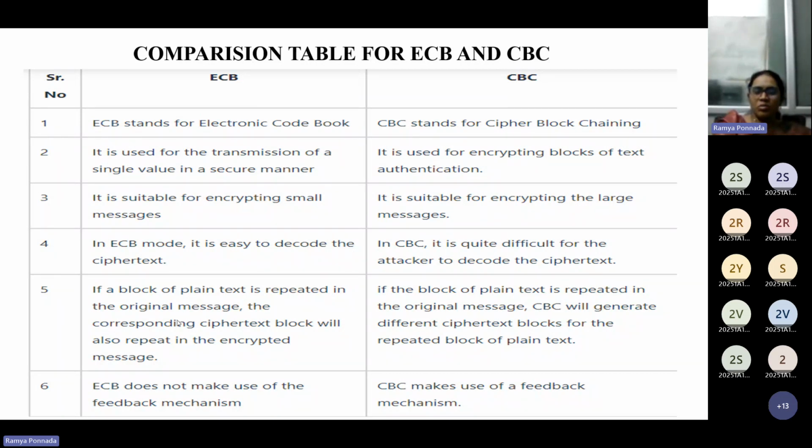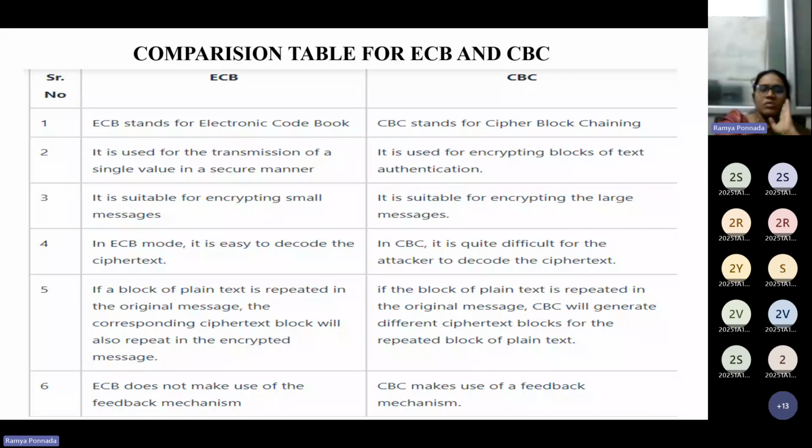In ECB, each block of plain text is converted into the corresponding ciphertext block, whereas in CBC the block of plain text, the original message, is converted into ciphertext along with the initialization vector and an XOR